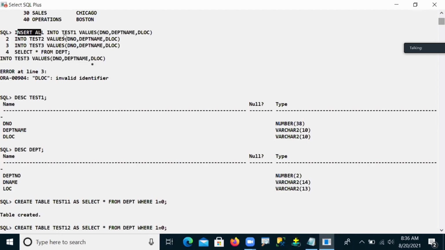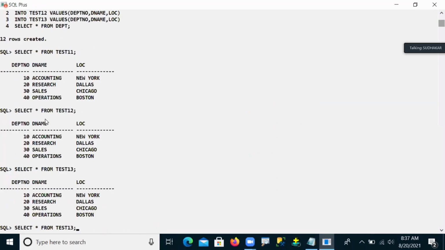Insert all, test one values, test two, test three. We are describing this, and we are describing also here.